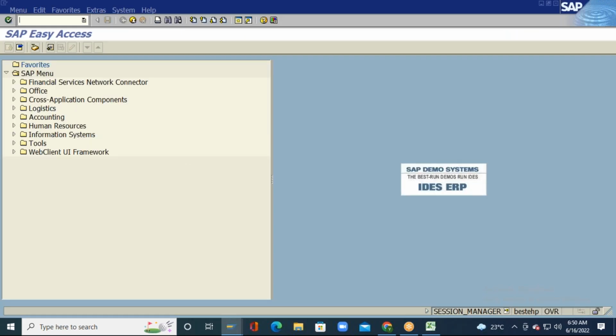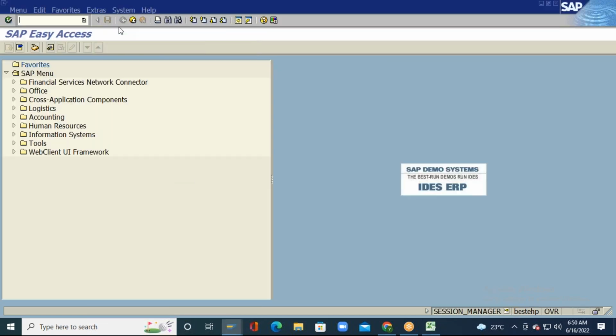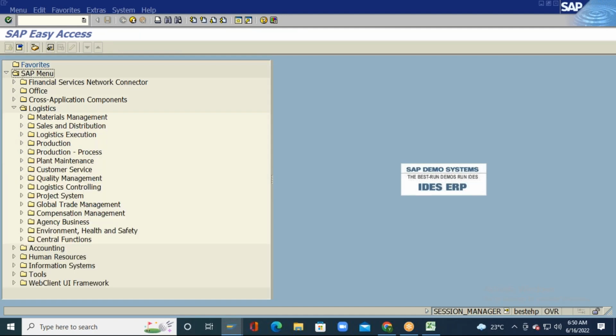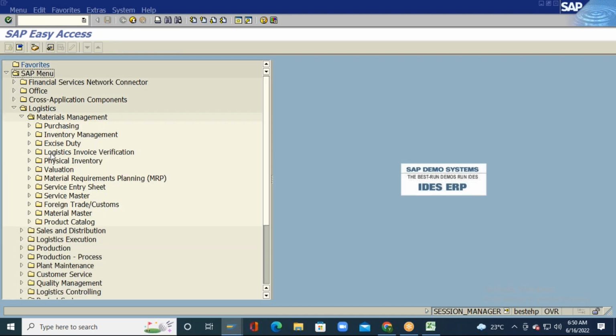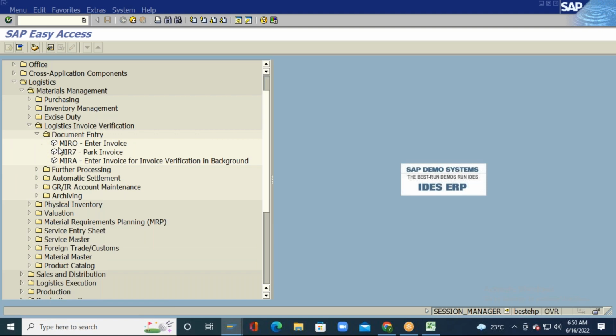So what is the transaction code to create an invoice verification? The transaction code is MIRO. I will go to Logistics and then Materials Management. You see there is something known as Logistics Invoice Verification. Then Document Entry, MIRO. MIRO is the transaction code to create an invoice. So I will just go to the MIRO transaction code